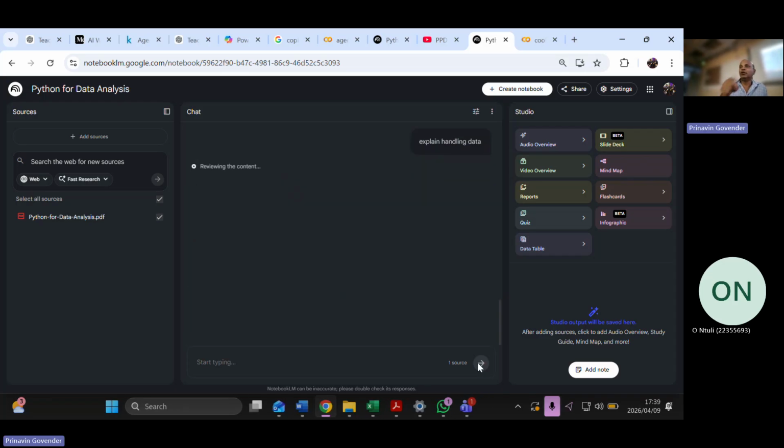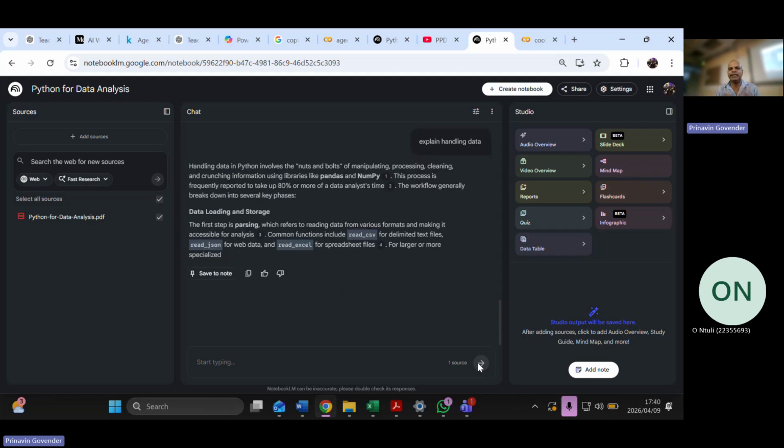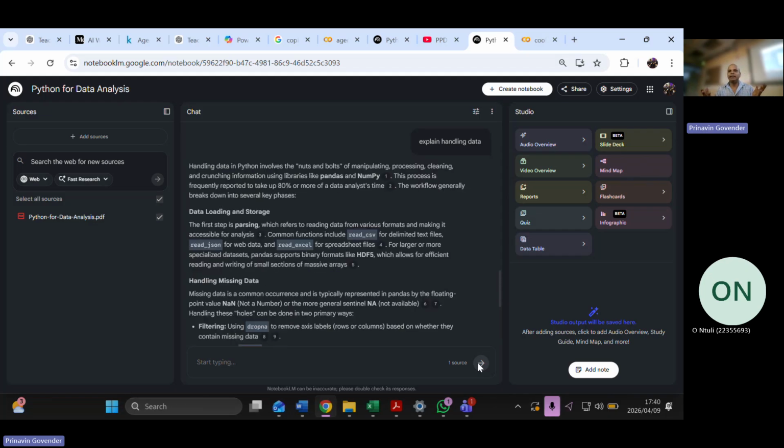It's going to look at the textbook. You could, if you want, go through the whole textbook and read it, right? You can go through it. And now it's going to define, what do I mean by the process of handling data? What is handling data all about? Handling data means